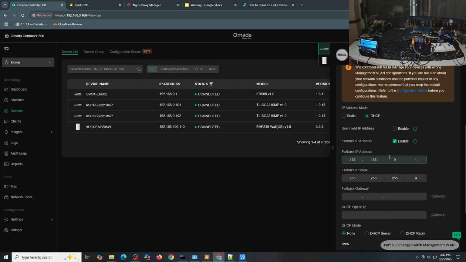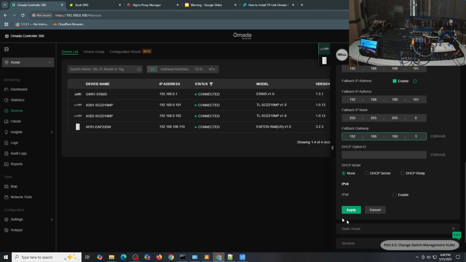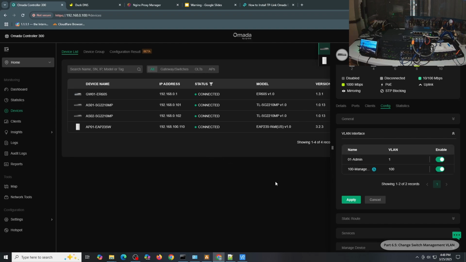So I'm going to select here the fallback IP and use fixed IP address configuration as well. Management 100, I'm going to select 101 in here, and for the fallback IP I'll configure it this way, similar, and the fallback gateway will be 192.168.100.1, and I'll click apply. Got it. Confirm. It says succeeded.